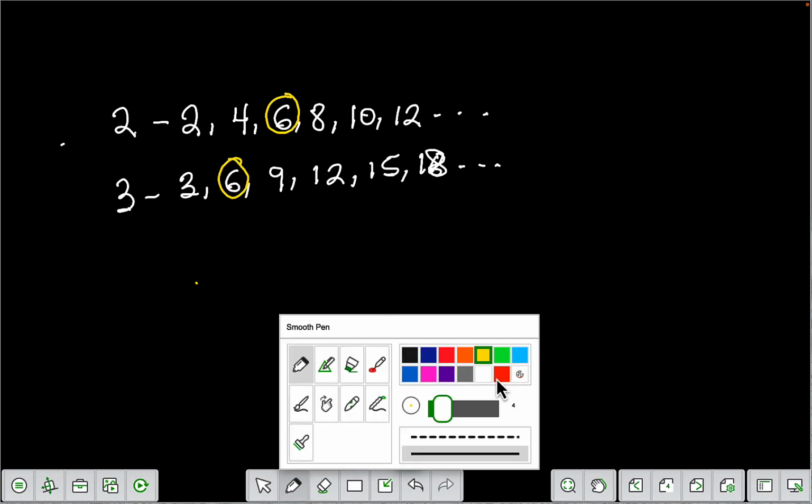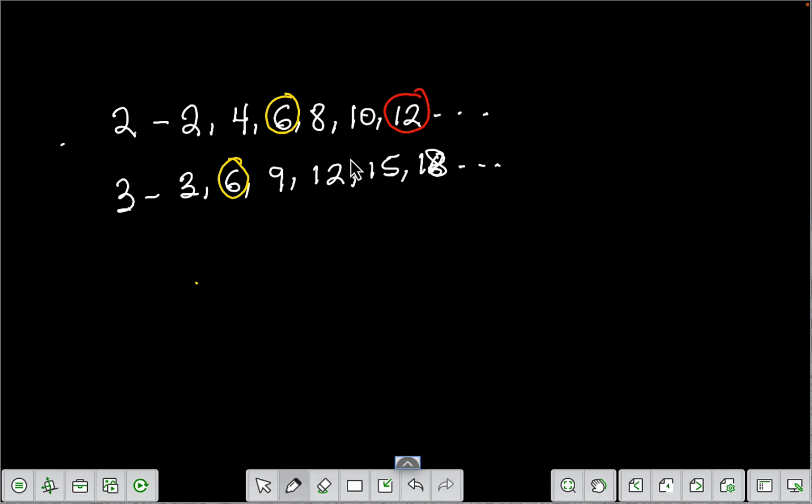There are even more multiples if you had continued, but you can also see 12 and 12, right? Now, among these common multiples, which one is the least? It's obviously 6, right? So usually when you talk about least common multiple, you have to multiply the two numbers, or in other words, find the prime factors of the two numbers and multiply the common ones together to find that. All right, so now that you understand the least common multiple,